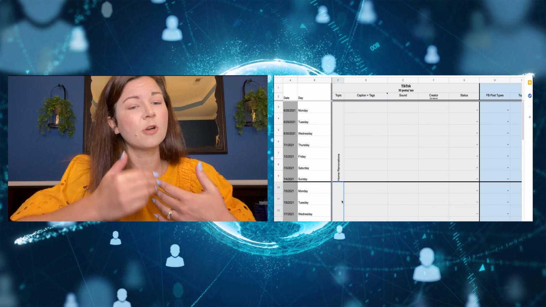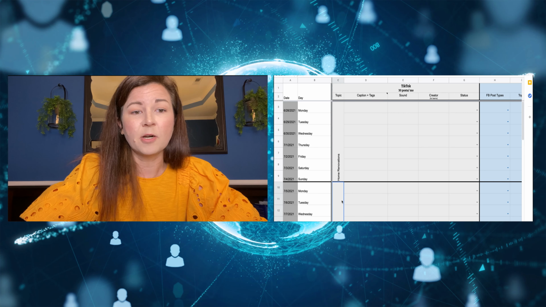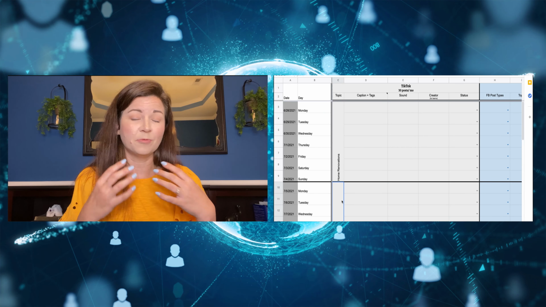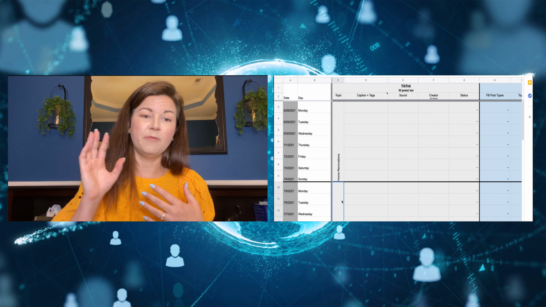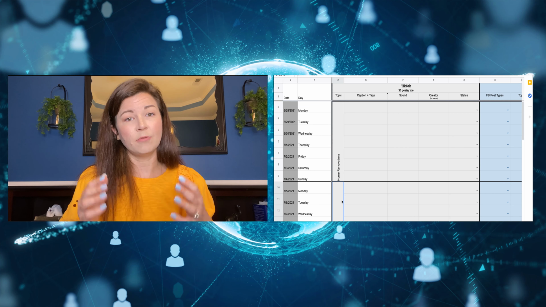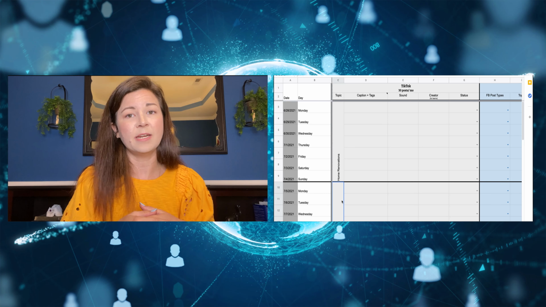So whoever is in charge of that, if that's you, go ahead and fill this all out. Start with your overall ideas so that it's less cumbersome. Otherwise, it will really slow you down. If you start with a grand idea and start trying to get really granular right away, you're gonna find yourself getting bogged down, getting tied in the weeds, and